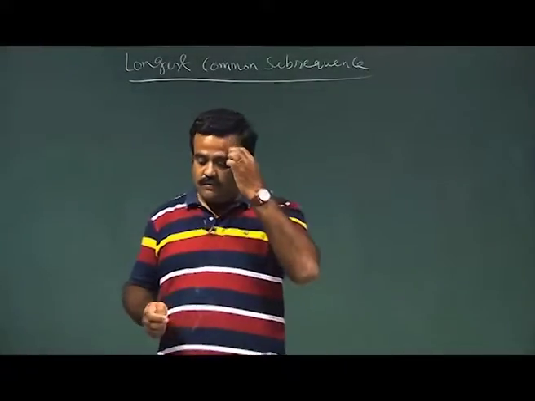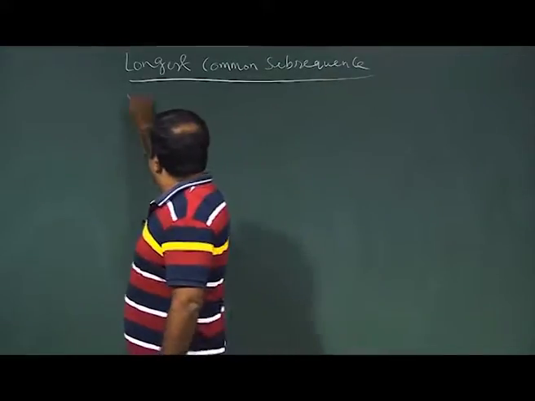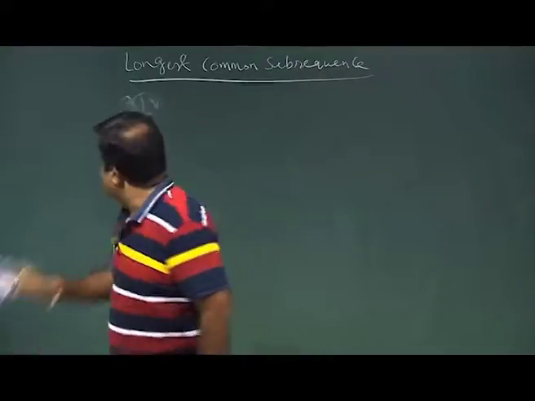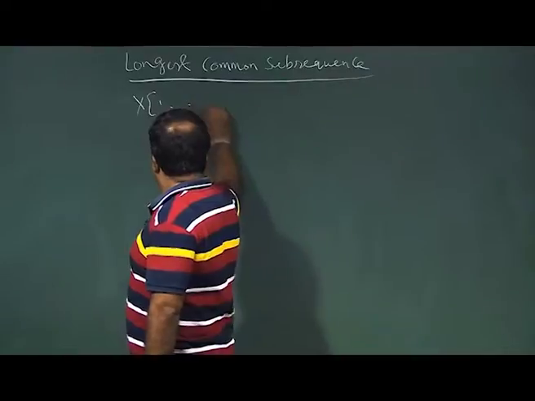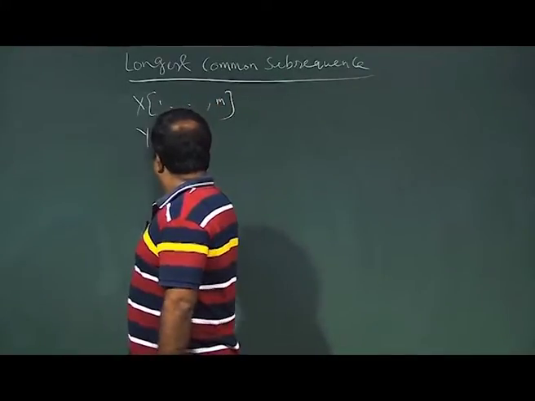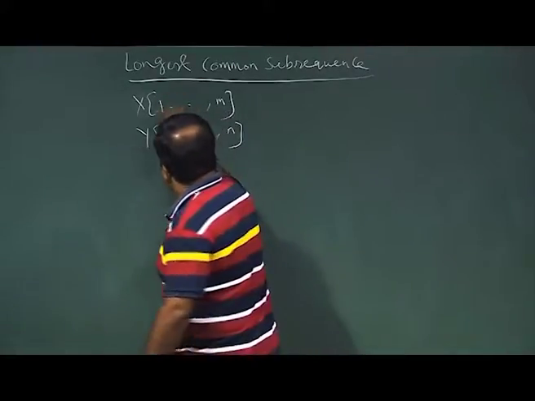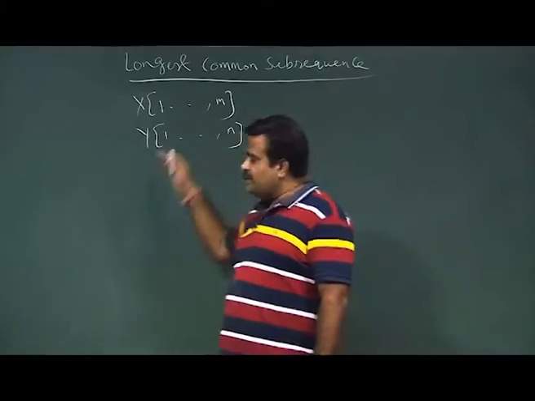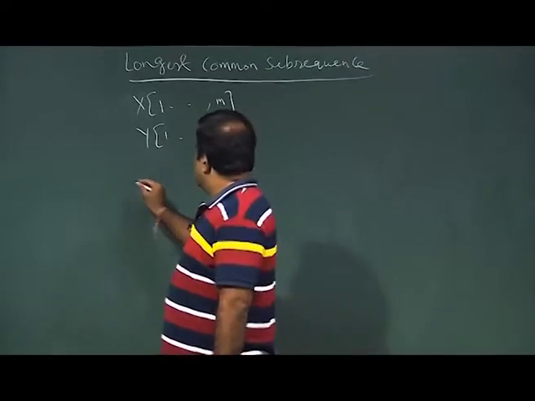Okay, so we are talking about longest common subsequence. Just to recap, we are given two sequences, x and y, one of length m and another of length n, and we need to find a longest common subsequence between these. For that we have simplified this problem to finding the length of the longest common subsequence, and we have